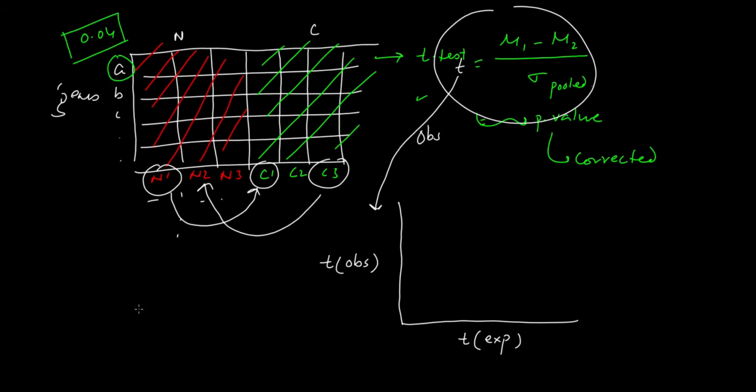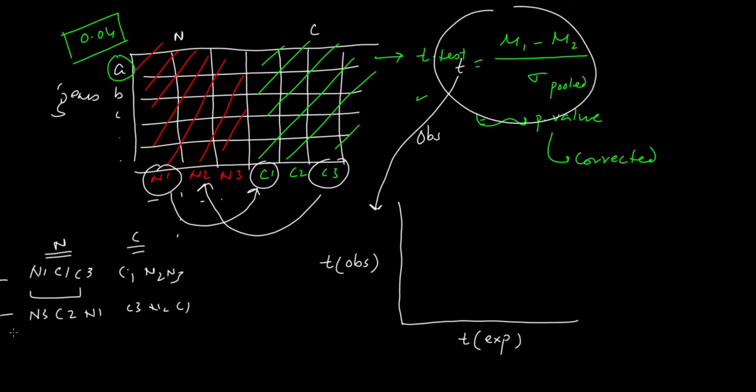Let us say now you got a scrambled system where you have N1, C1 and C3 as one set. For the normal, you falsely call it normal. For cancerous, you say that your N2, N3 and C1 is your normal. And likewise, in another permutation you can say that N3, C2 and N1 is your normal, and likewise you say C3, N2 and C1 is your cancer, and so on.